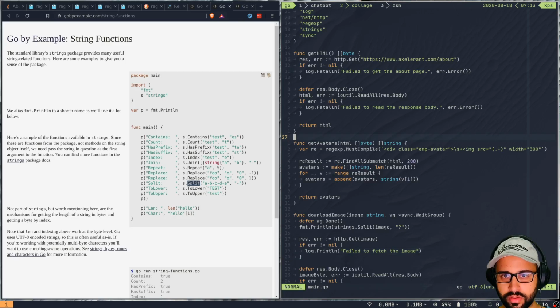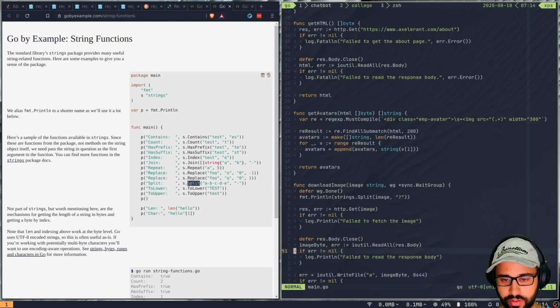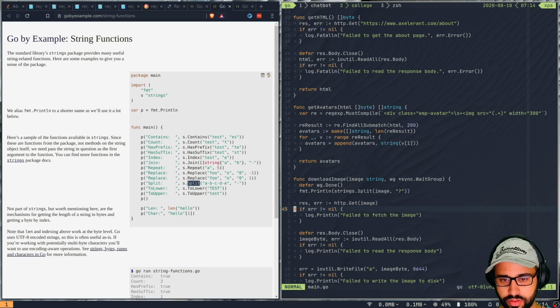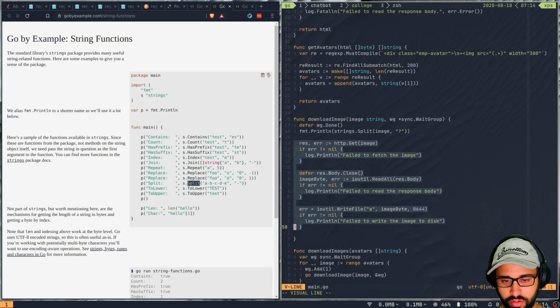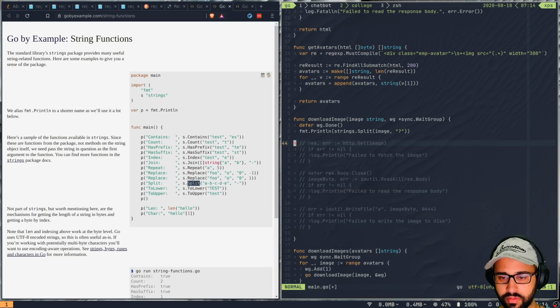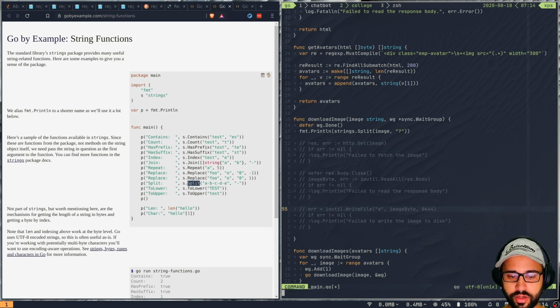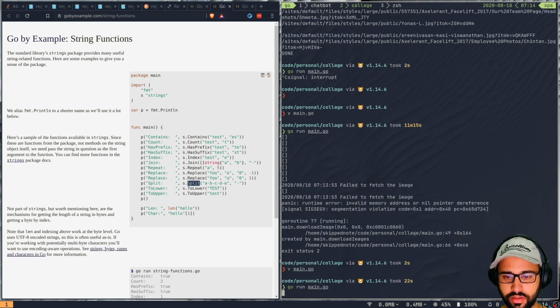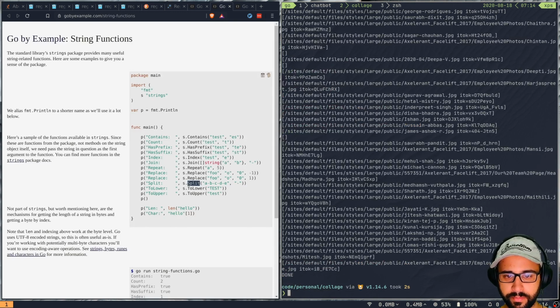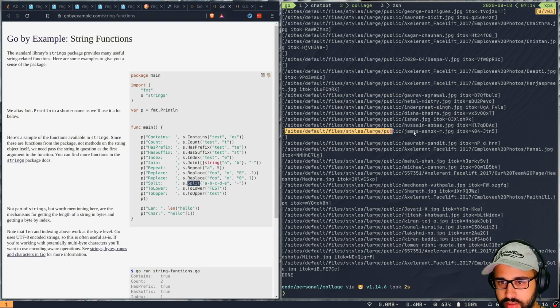Let's comment this all out, because I think we are doing write file on this and multiple goroutines are doing that, so that might create this pointer dereference issue. Okay, so we did a split on question mark, so you can see you get this string,